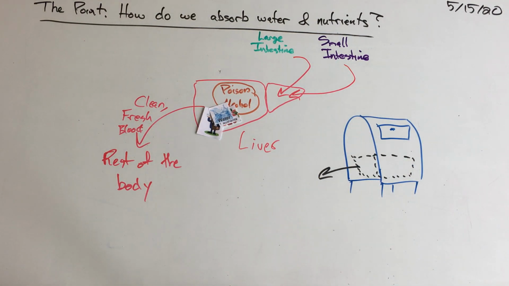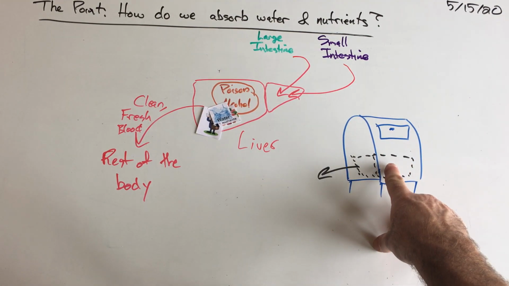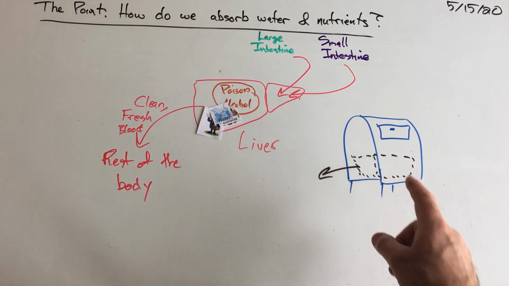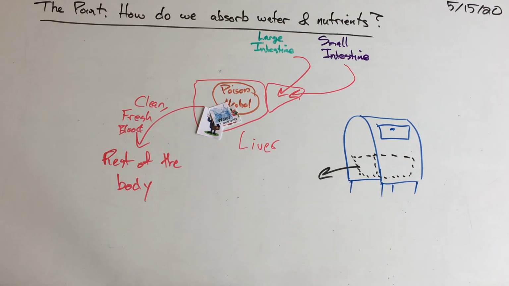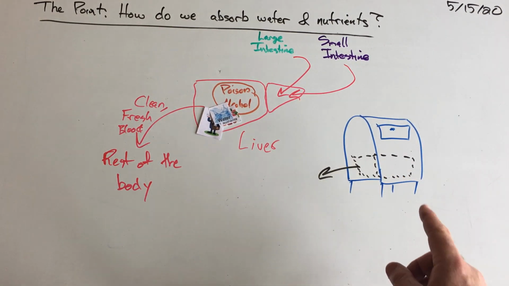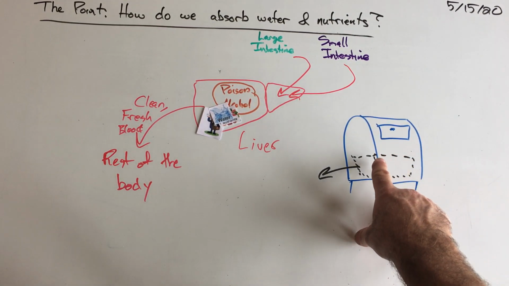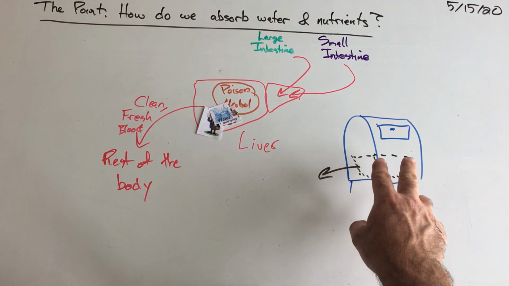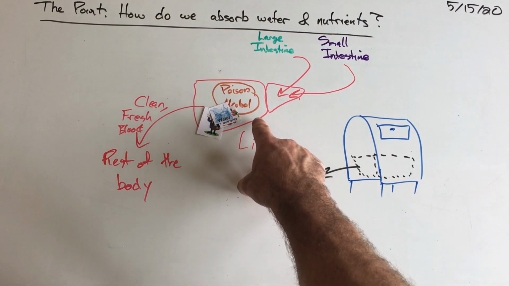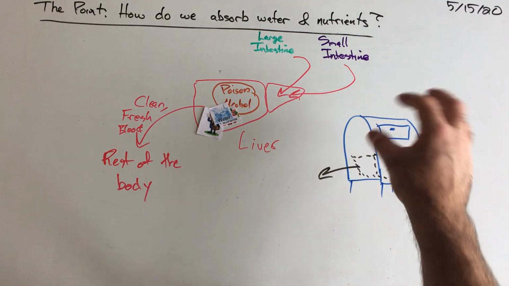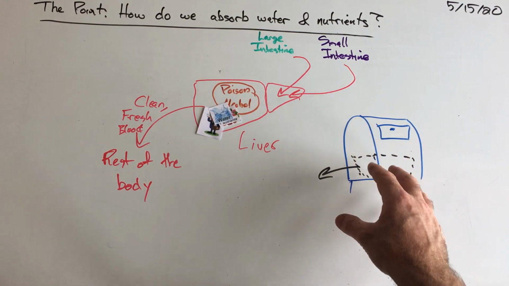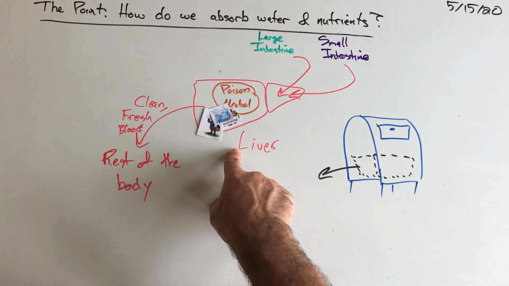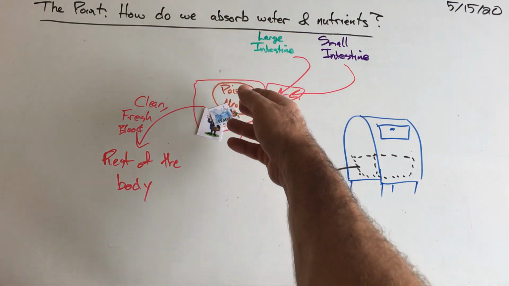And the post office checks it out. Now, most of the stuff in here is good. There are letters that need to be mailed somewhere, the Netflix movies that you're returning, all that kind of stuff. But occasionally, people are kind of snarky and they'll put old newspapers and trash in there. People can be pretty terrible. And that stuff needs to be filtered out. That's what the liver does. The liver takes basically all the mail that's been thrown into your mailbox, that's been thrown into your blood, and it runs it by the liver. And the liver pulls out any old newspapers or trash that